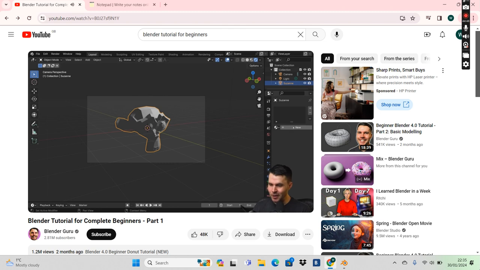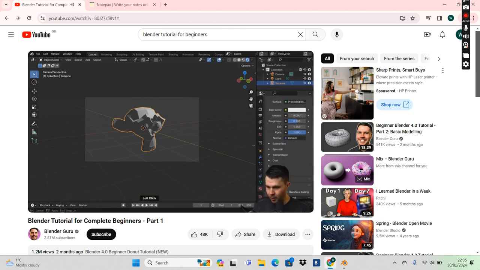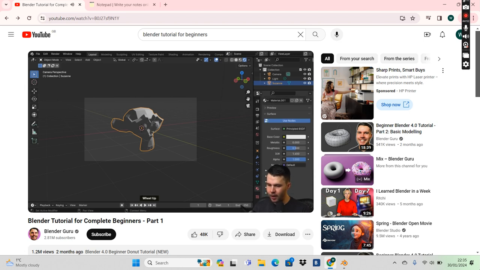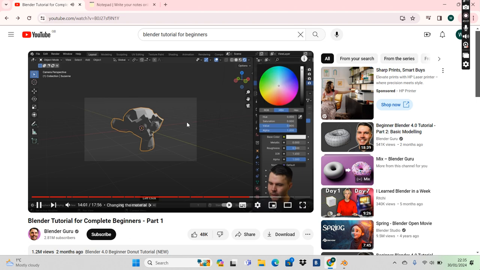So underneath here where it's got new, I'm just going to hit new. And then you've got a bunch of options, very confusing. Ooh, IOR, subsurface. Again, don't worry about it. We'll get to all of that later on. The one that defines the color is the base color. So if I do a single left click,